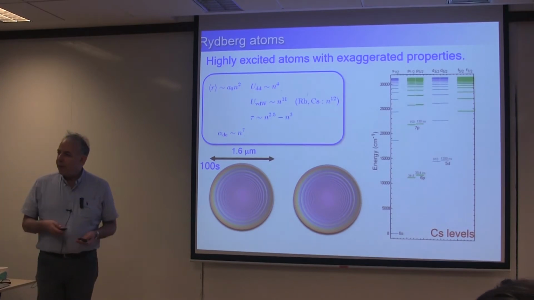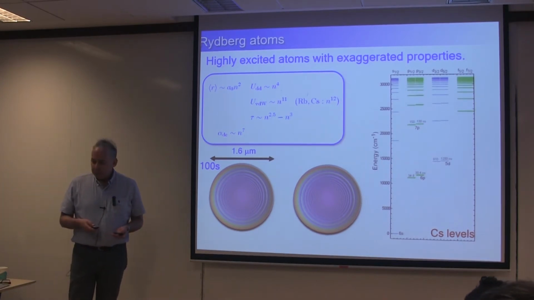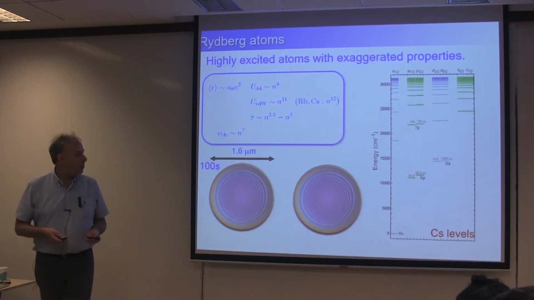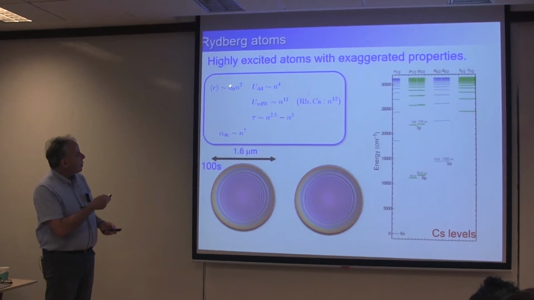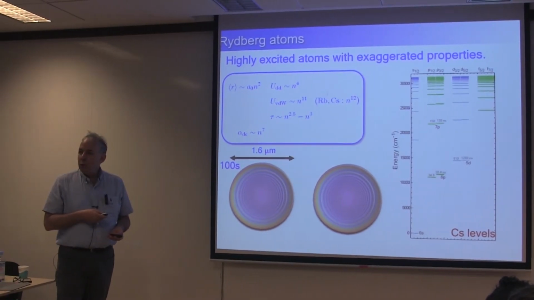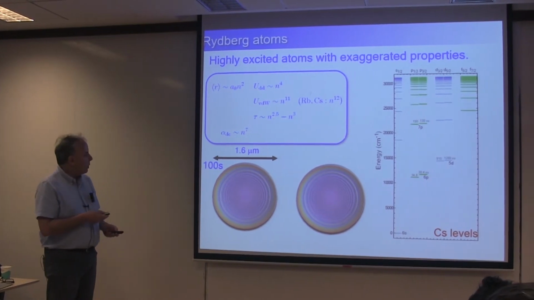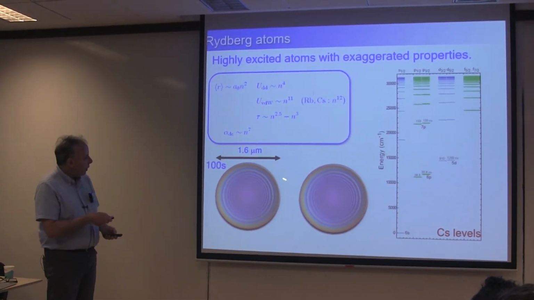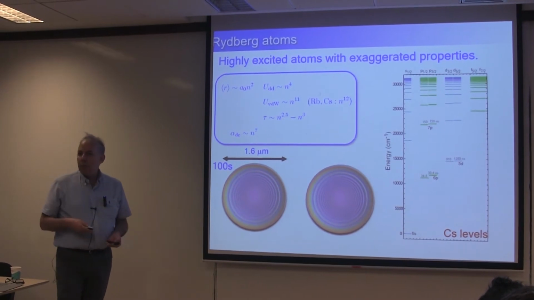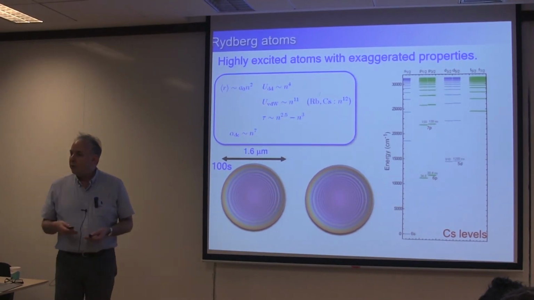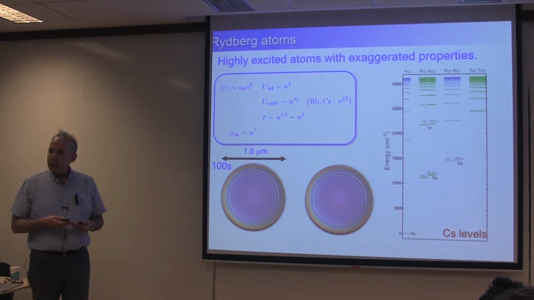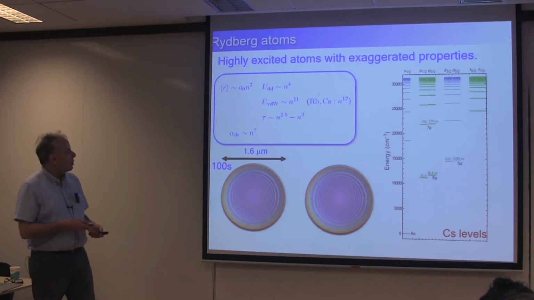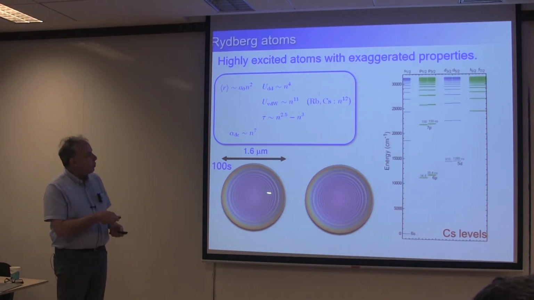And what's special about the atoms excited to Rydberg states is that they have very exaggerated properties. The size of the electronic wave function scales as n squared times a Bohr radius, n being the principal quantum number. And so when we get up to n around 100, these atoms have wave functions that are about 1.5 microns across. So these are relatively large atoms. And along with those large wave functions, we get large transition dipole matrix elements. And that results in the interaction between two atoms scaling as a high power of the principal quantum number.